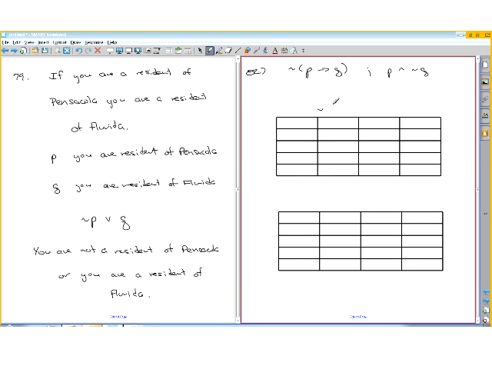So we're going to do this one, not P, then Q. So we have a P column and a Q column, and we have a P then Q column, and then we have a not P then Q. So again, we just populate it as we normally do,